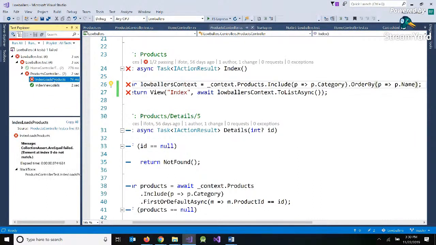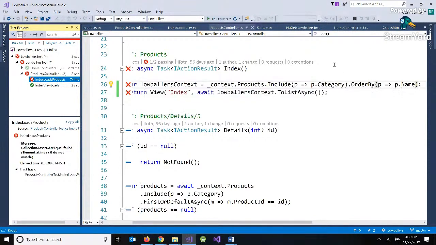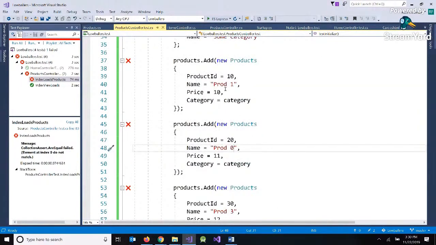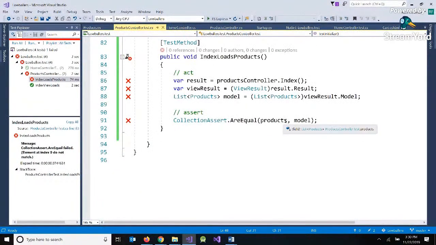Right. It says my element at index 0 is not the same anymore. Because here, they're ordered prod 0, prod 1, prod 2. But my list is prod 1, prod 0, prod 3. So it's the same list, but it's not in the same order. So the test actually should fail in this case. Right? That's the expected behavior because our controller method is sorting things, but our unit test isn't checking that they're sorted. So in this case, we would probably want to